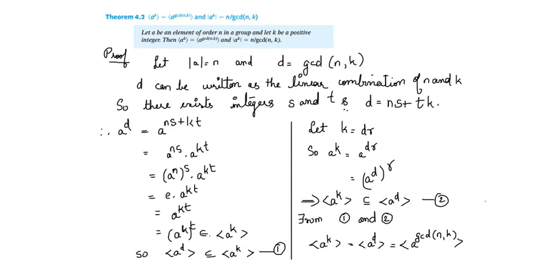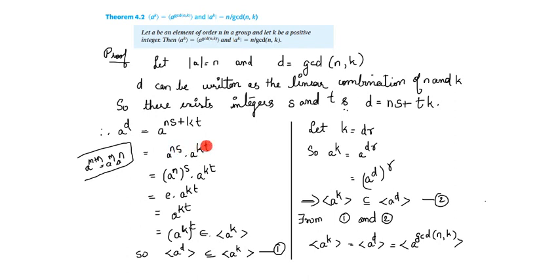Now you are finding a to the power of d. So in a to the power of d, d is replaced with whatever we wrote. That is d, we took that as ns plus tk. The same substitution is given here, ns plus kt. And then you split that, that is a raised to m plus n. We know that a raised to m plus n is equal to a to the power m times a to the power n. So this is the exponential rule which we know. Using that rule, you split the powers, a raised to ns times a raised to kt.